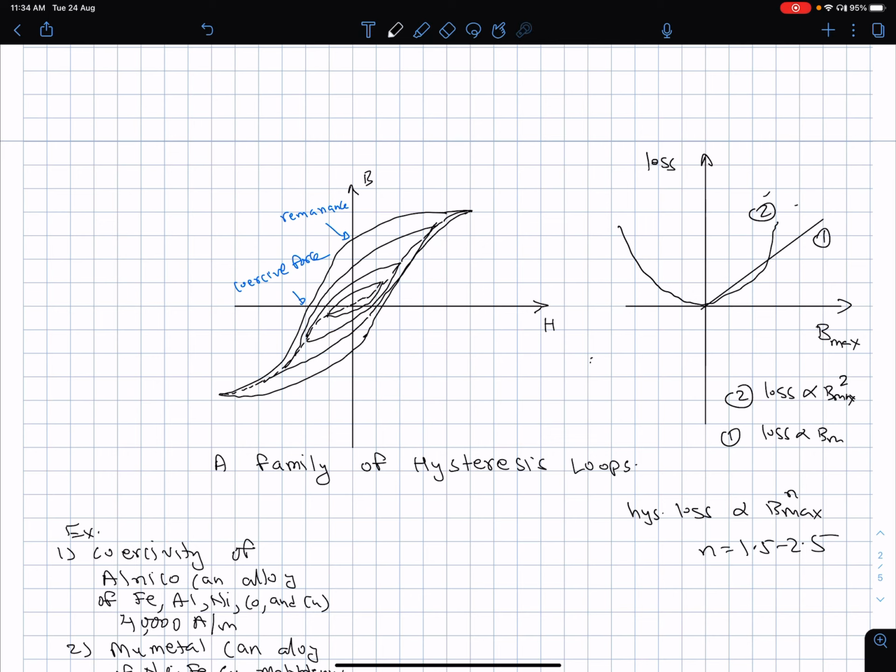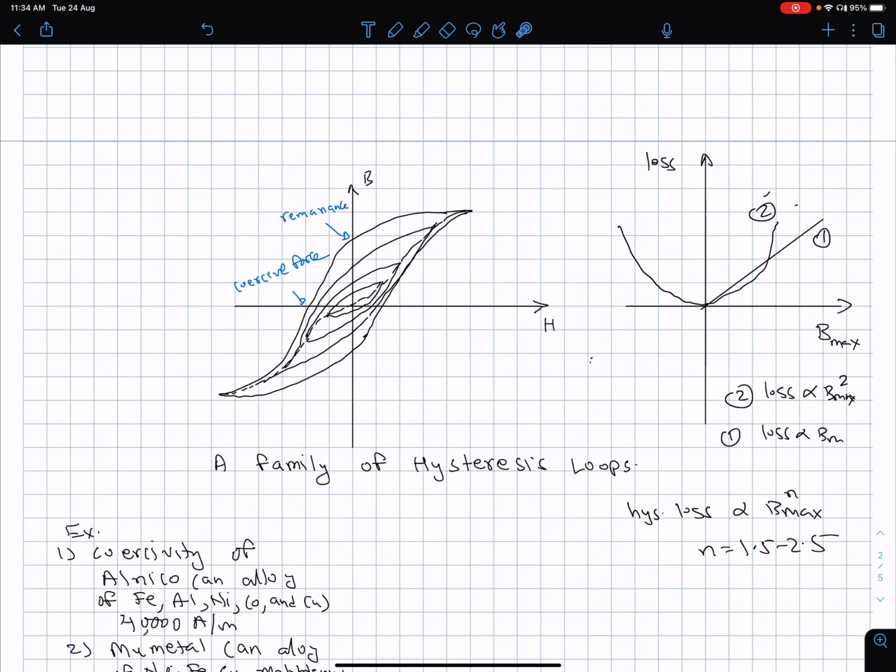Two more terms that I want to bring out here. When Bmax is such that you are hitting the onset of saturation, and then the current is brought back to zero, the B is remembered, because the magnetic dipoles have got aligned. Even when you gradually reduce the current and bring it to zero, some memory is there, and some remnant flux is there. So this remnant B, at the point of saturation, is called remanence.